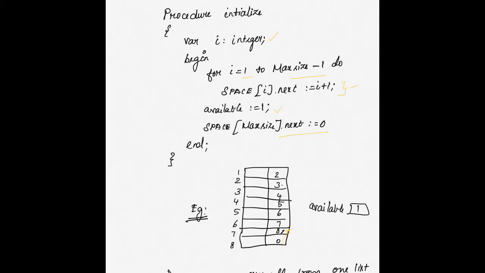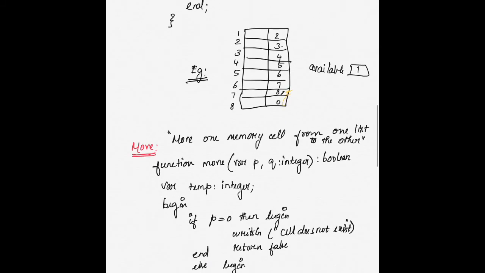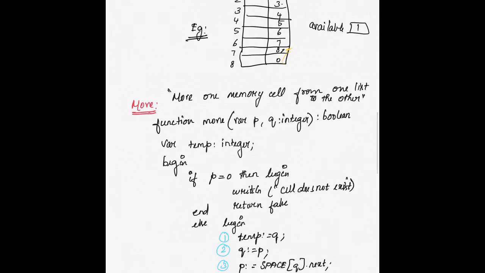The next operation that we are going to see in the cursor based linked list is called move. This function will move a memory cell from one list to the other one. You are maintaining two lists, and if you want to move one memory cell from one list to the other, you can call this function called move. It has two arguments. One is the first cell from where we have to move one cell to the other,